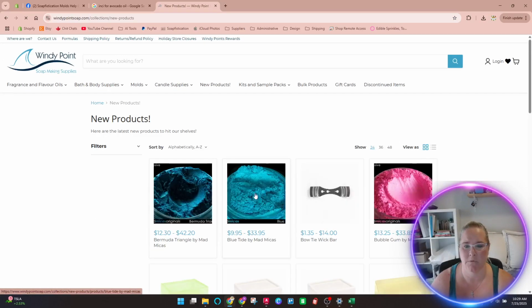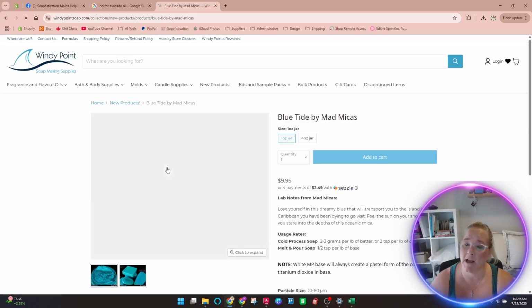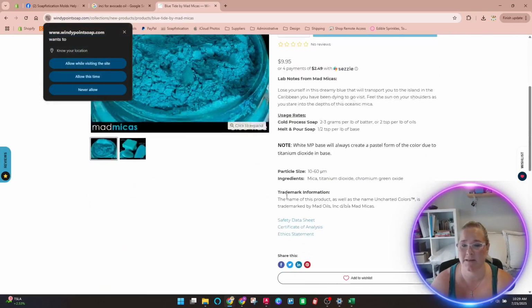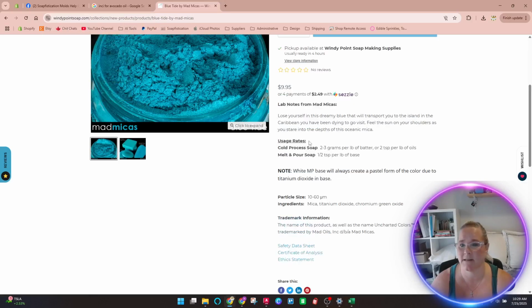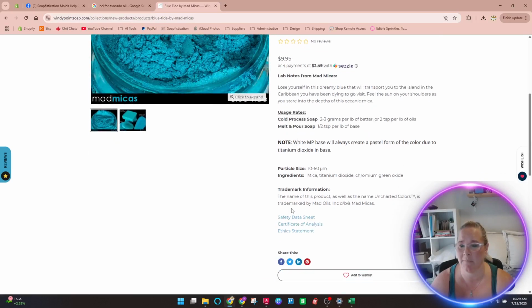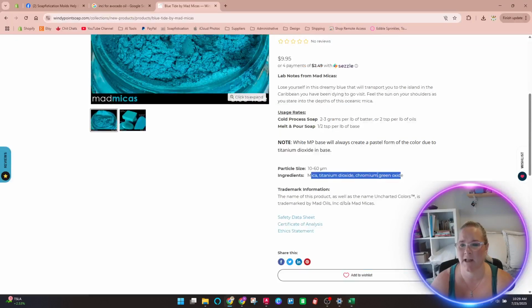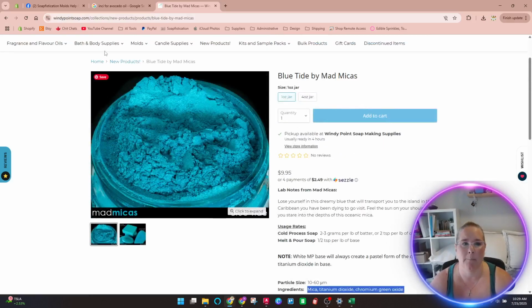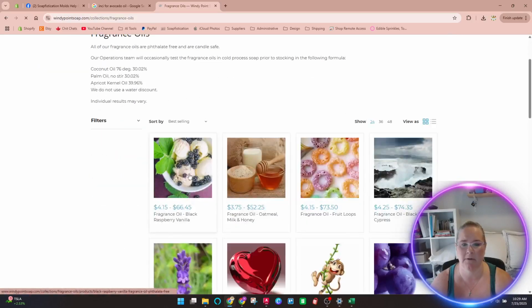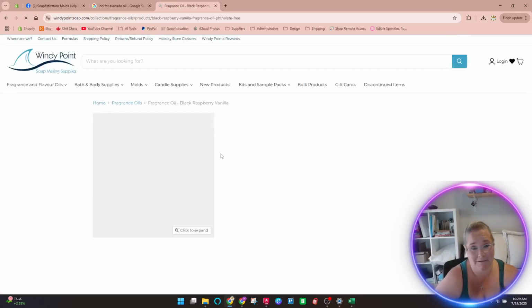And blue, oh, that's a colorant? No, that's okay. Actually, that is something that I would do, this does give me, this is part of what it should give me. Here, ingredients, right? So that's the stuff that I would put into here. But actually I would change that into their CI numbers, because I use CI numbers. But anyway, let's go here, fragrance oils. And I'm just going to pick the first one, whatever that is. Oh, well, black raspberry vanilla is a good one.